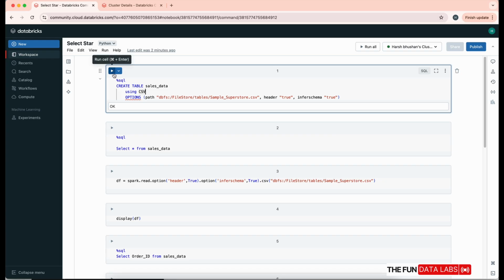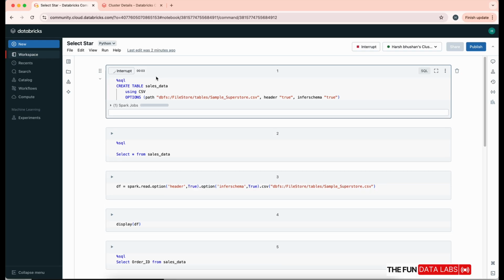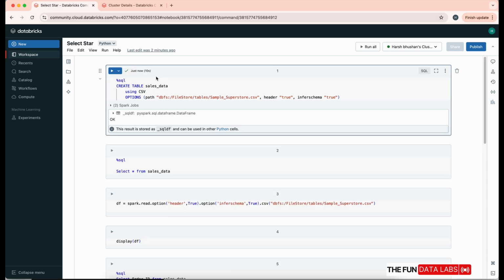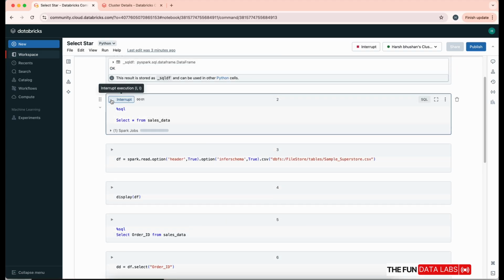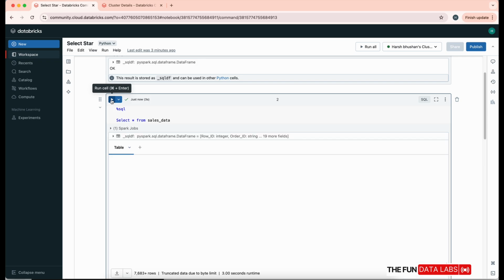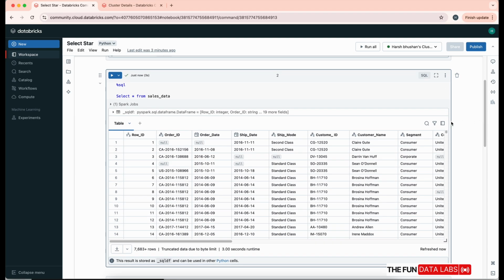Let's execute this. It will get the data from the CSV file, create a header and data type of each column, and then create a table, sales data. We can go through the data. If you click on select star from sales data, you will be able to see all the rows and columns available within this table. As you can see, we have row ID and order ID and all those columns with their data types. So we will write a simple SQL statement first, and then we will try to convert